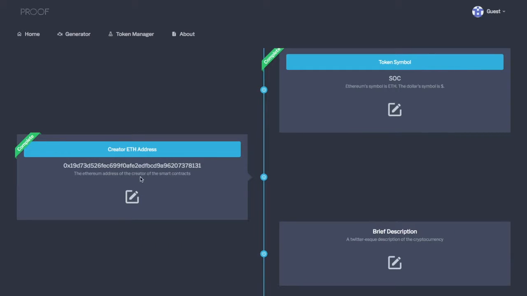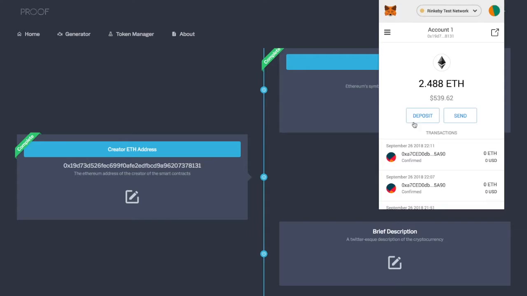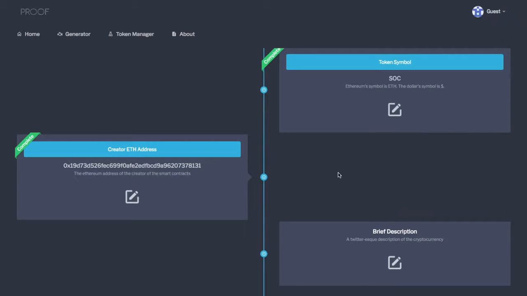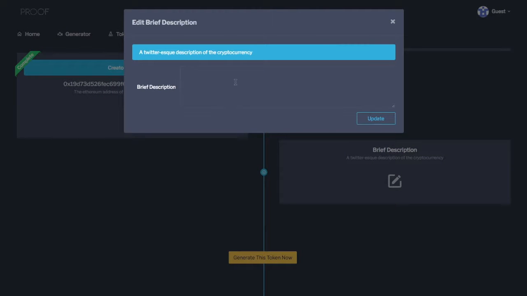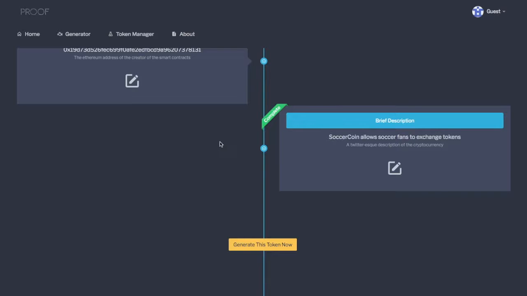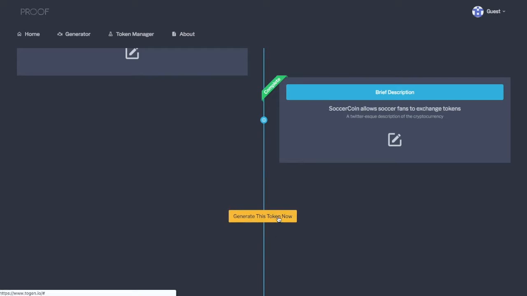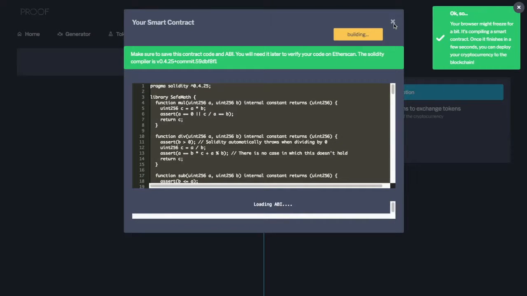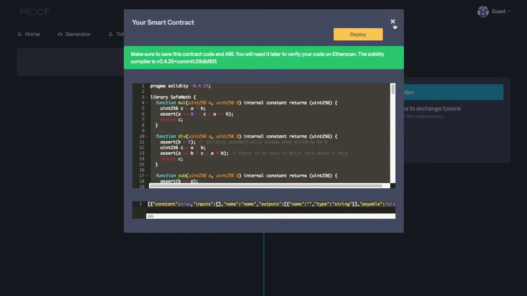It automatically gets my Ethereum address because I'm connected to MetaMask. I have MetaMask up here, and you can see I'm connected to the Rinkeby test network. And then I can put a brief description about this coin. Now that I've added my description, I can click generate this token now. This takes a second. This happens all on your client-side computer,